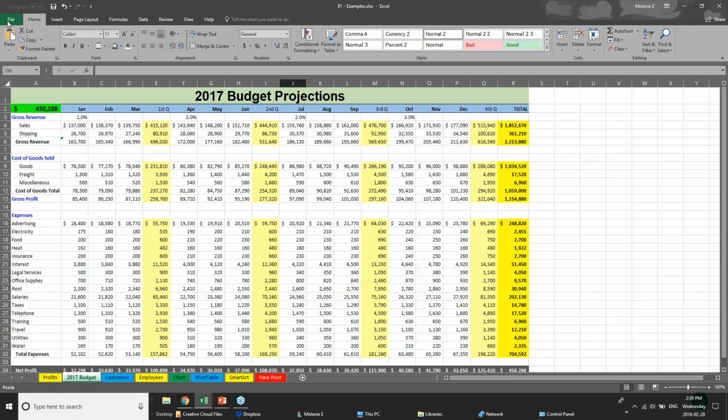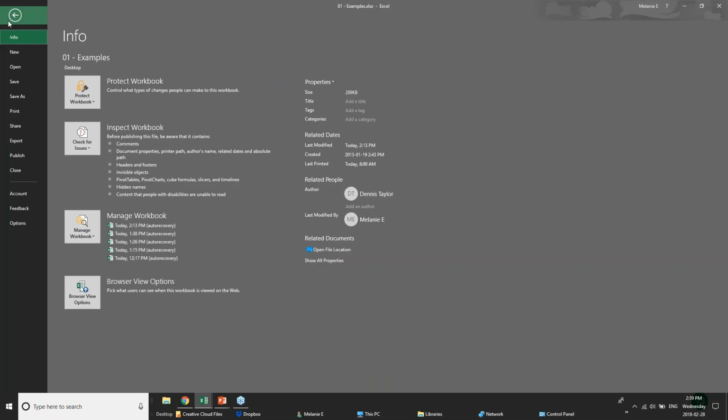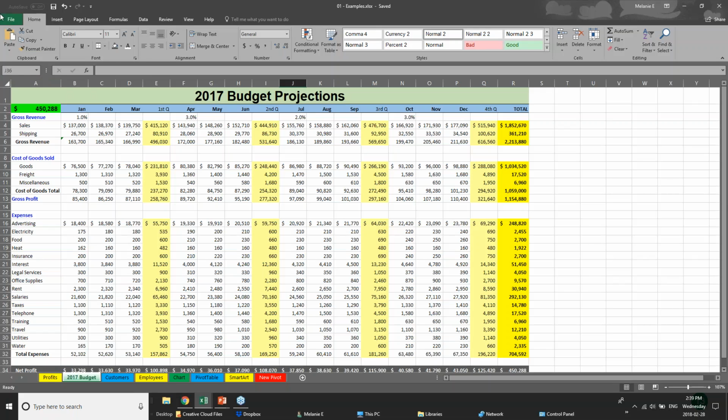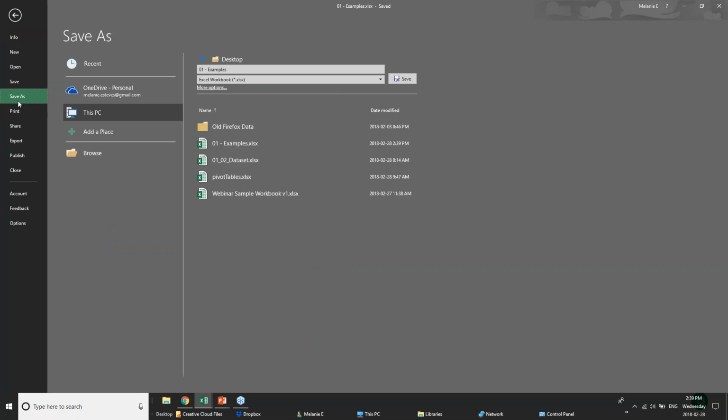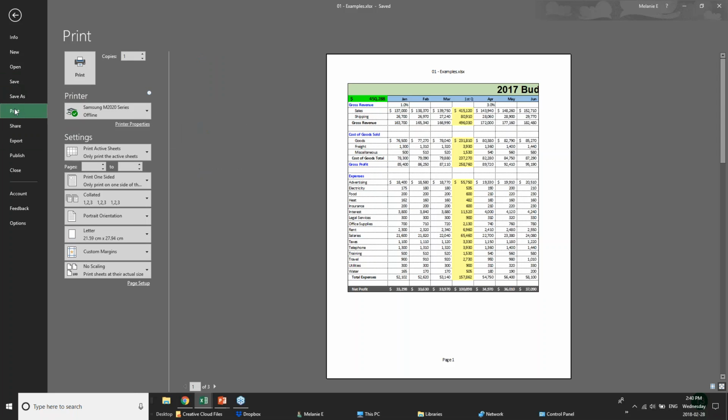So first off, let's talk about saving. I'm going to go here to the File tab, and this takes us to the Backstage view, which is very similar to all other Microsoft products. I'm going to go here to the Save option, which it's already saved, but I'm going to go here to Save As. Similar to other Microsoft Office products, I can decide on the name, where it goes. I can decide whether I save it on the cloud or on this particular PC. But in this case, I'm also going to just go here to print. So in the print option here, you'll see that